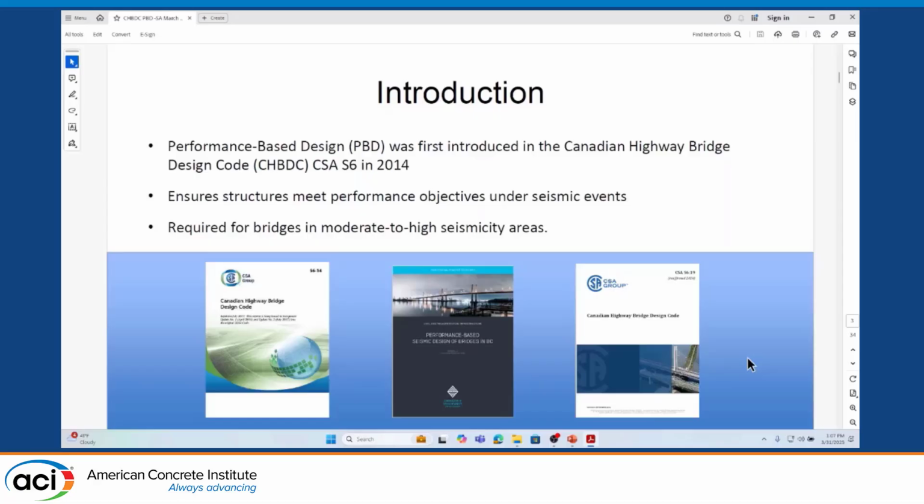Performance-based design was first introduced in the Canadian Highway Bridge Design Code in 2014. The intention was to ensure that the structures meet certain performance objectives under specific seismic hazard levels. This performance-based design is mainly required for areas where there is moderate to high seismicity. When the performance-based design code was introduced in 2014, talking about different kinds of performance criteria,